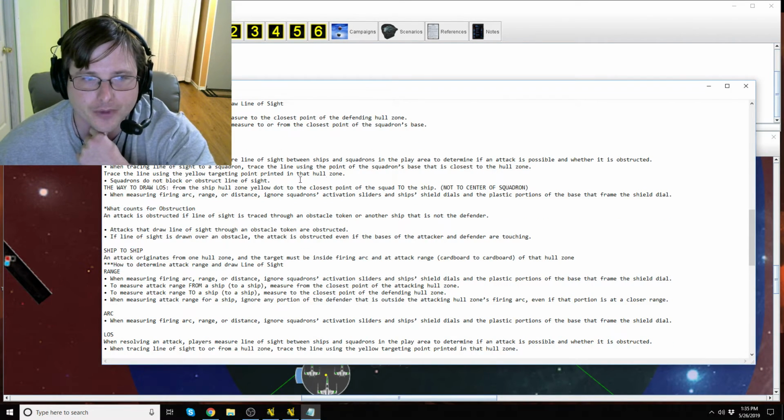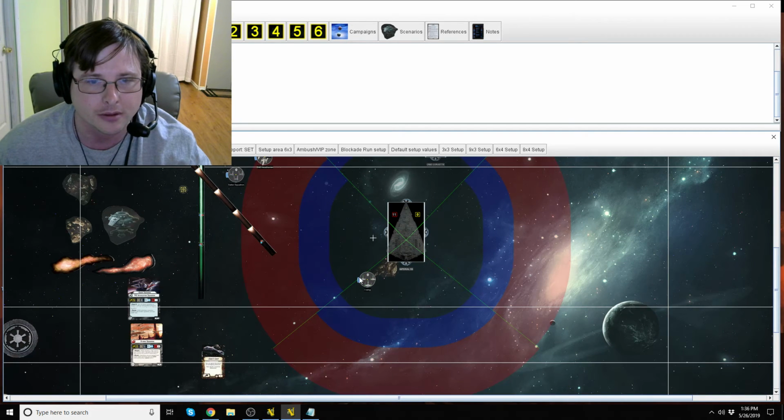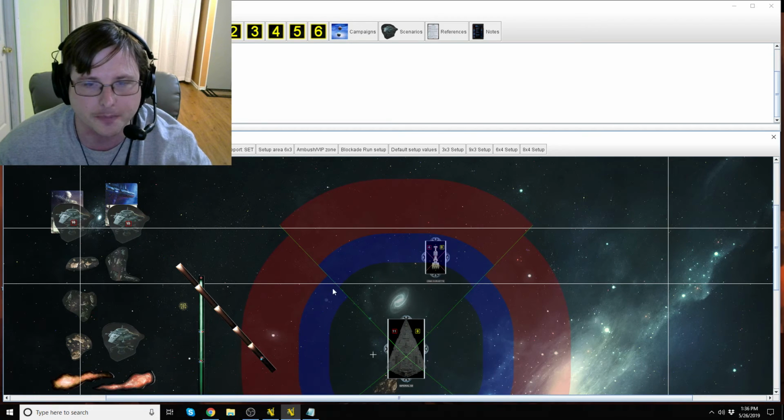Okay. I think that covers all the squadron stuff that we need to go over. Let's go into ship-to-ship interactions now. Go ahead and delete these guys. Okay. Now,